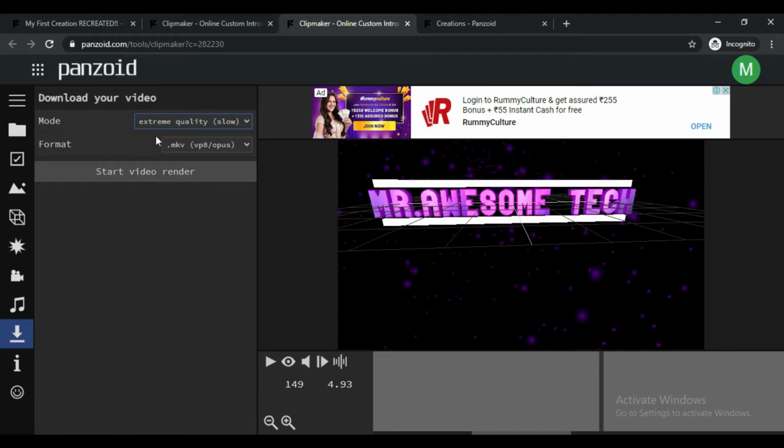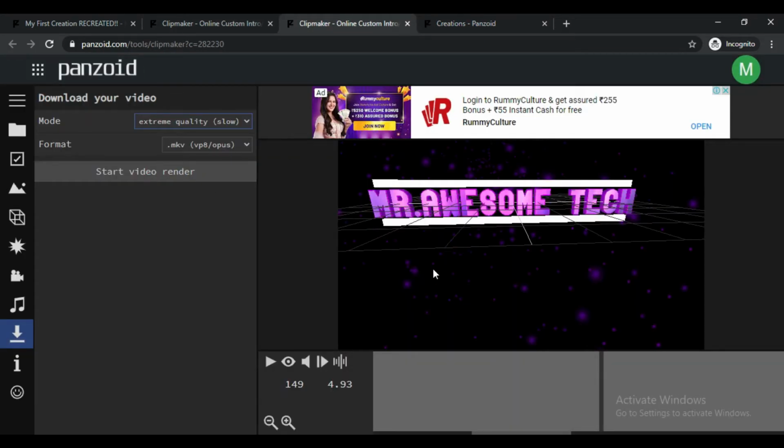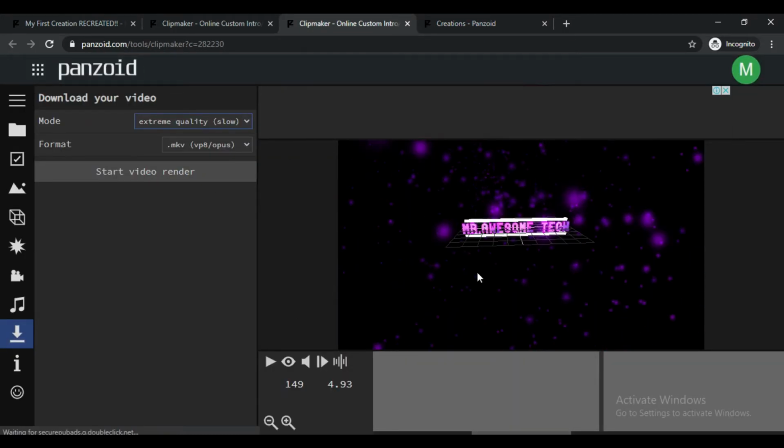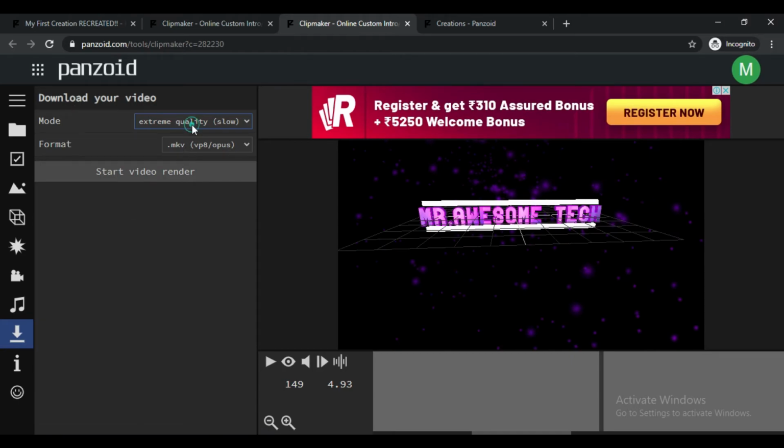When it's rendering, don't do anything, because it will get rendered and saved, but there'll be an error in opening and so on. So don't switch to any other window while you're exporting it. Keep that same window. I'm just going to keep good quality because the slow one will take a lot of time. Okay, now I'm going to export it and show you.